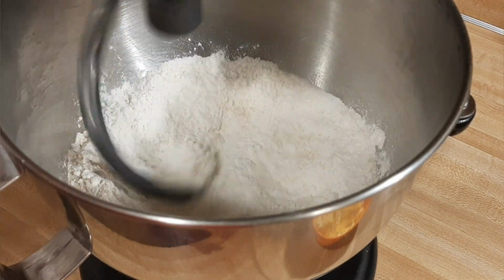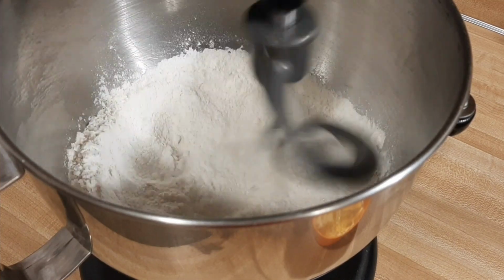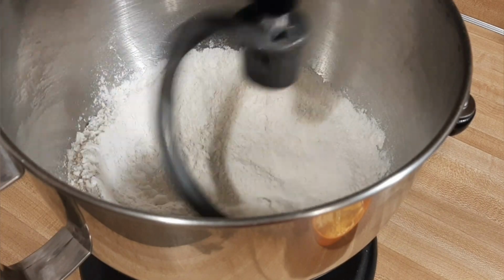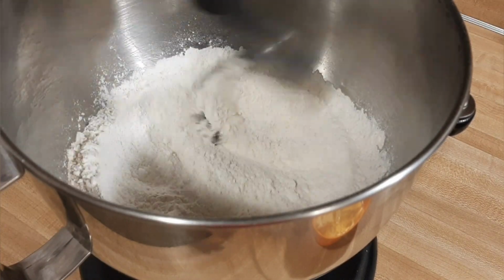This is really just kind of like a basic white bread dough. As a matter of fact, I am going to use this dough recipe today to make a couple of loaves of sandwich bread. So keep that in mind. It's just all your usual suspects. As always,